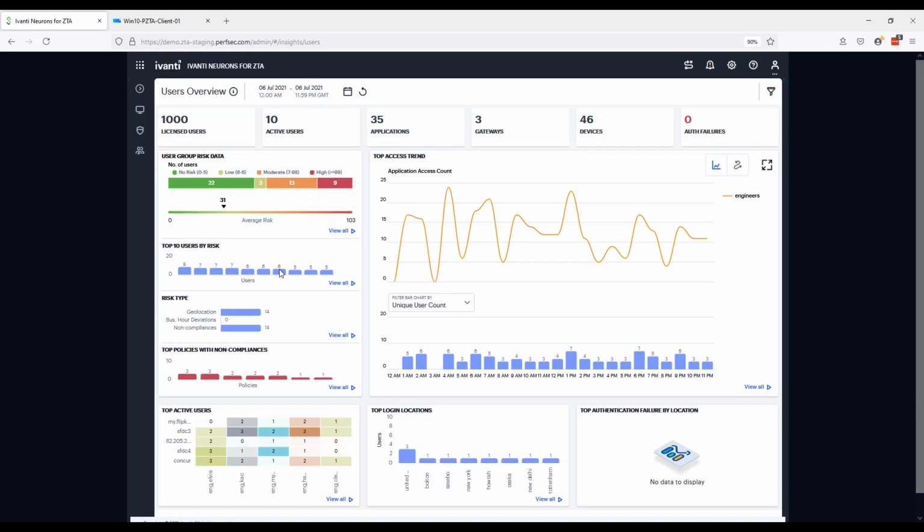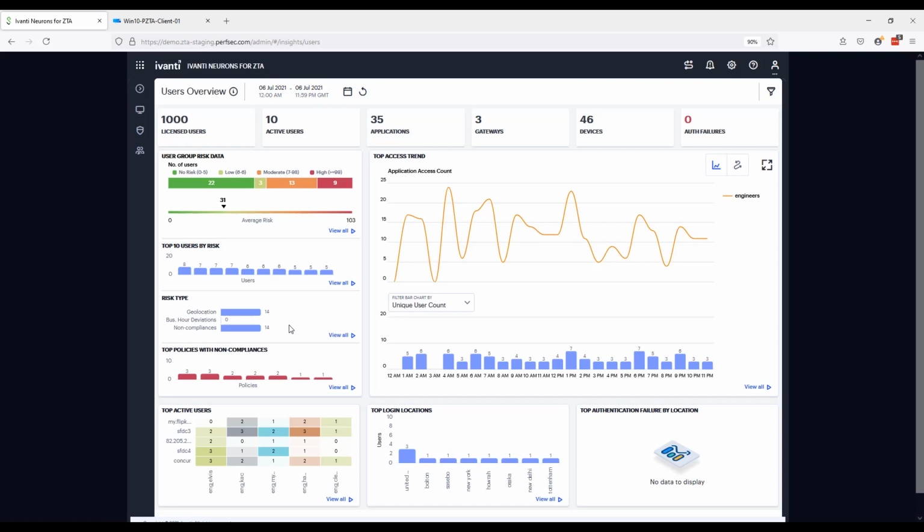Depending on the anomaly, it may just raise a red flag, or it could instantaneously cause that end user to be kicked off the network, depending on what it is. This also includes items like non-compliances. Non-compliances are rules that are set for device posture. So the idea that a device must be